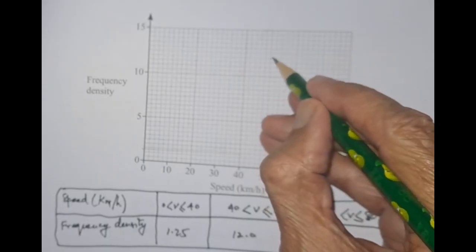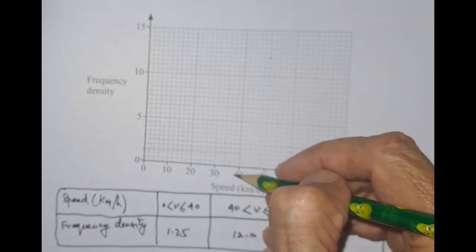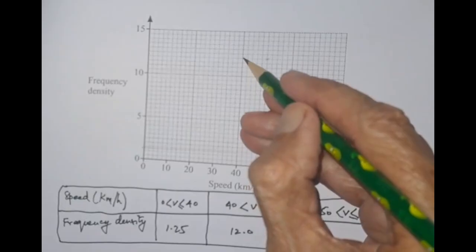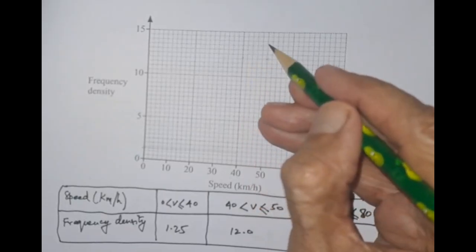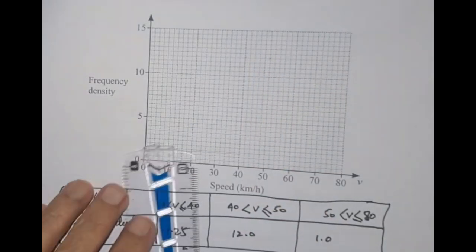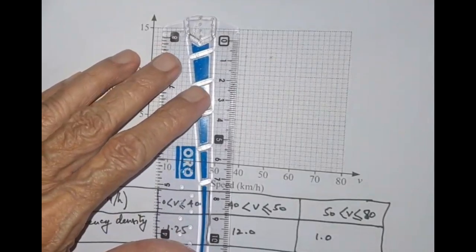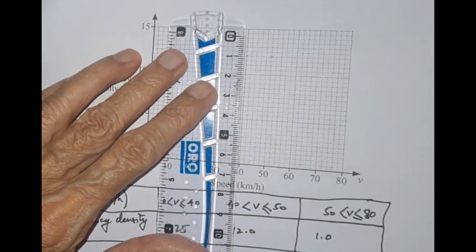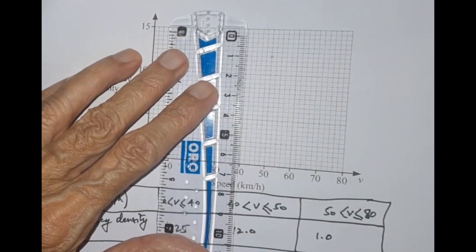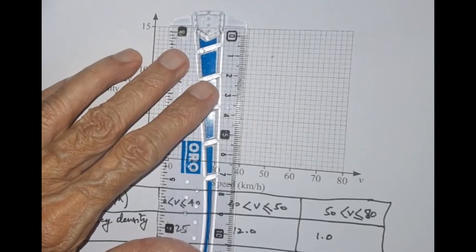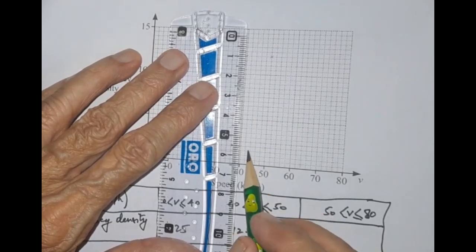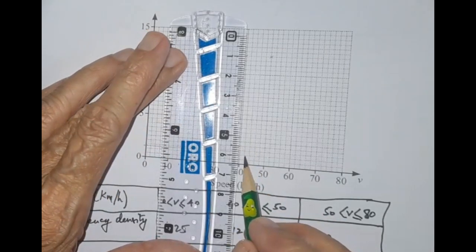This is the point, and the previous point is here, and this would be that rectangle of the histogram, and I draw this line here,